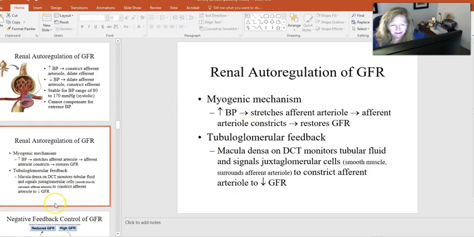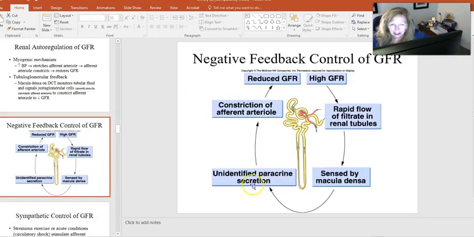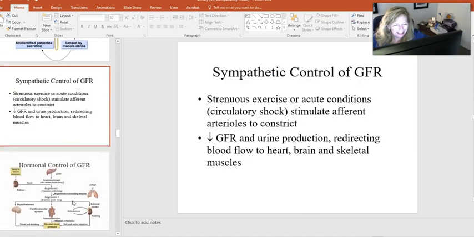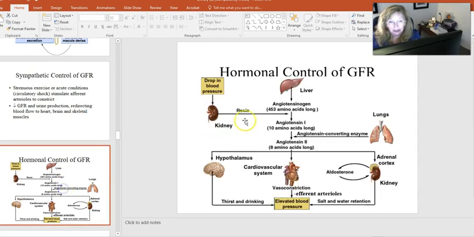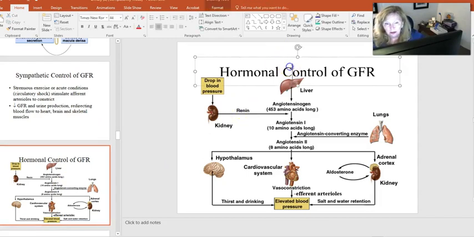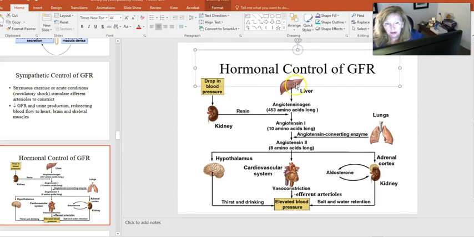So again, just kind of a classic negative feedback. You could look through and see that. We do know that exercise and those types of things can influence this. So we have the autonomic nervous system, which is going to control our hormone output. So when you think about the hormones that are going to have a huge role in this,